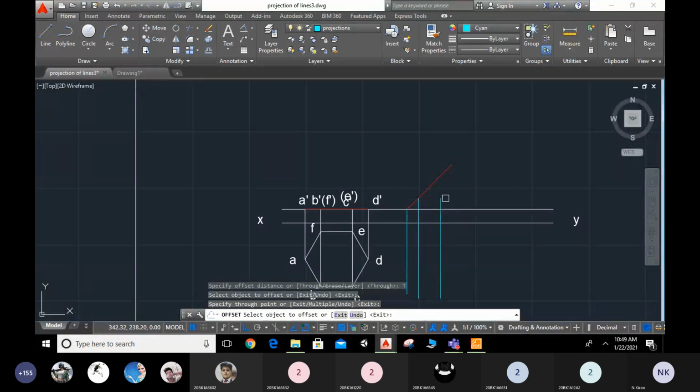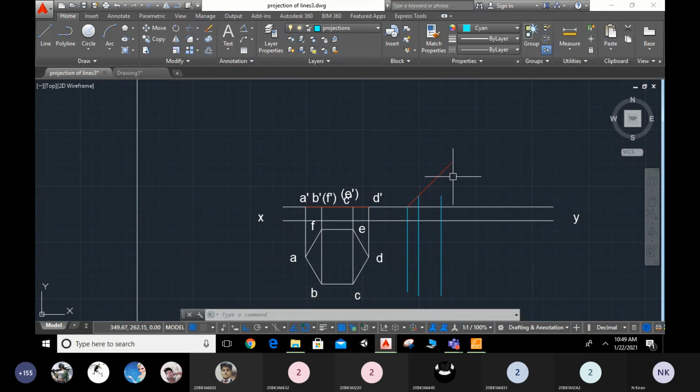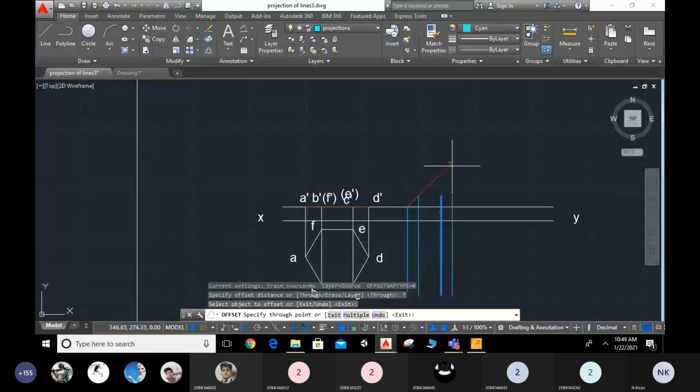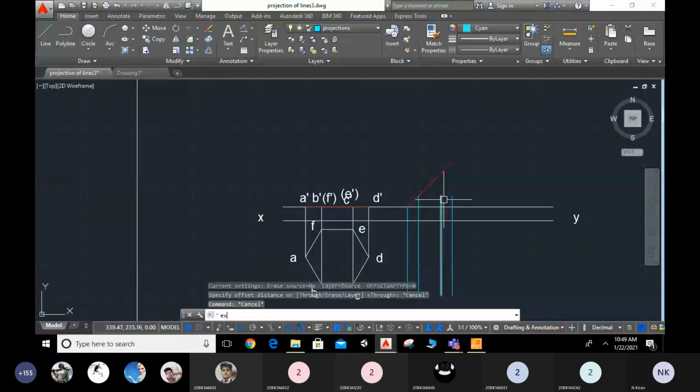Yeah, it's not taking. Why? Something happened. Okay, as this line is, it will take that much only. Again, I will try the extend command. By using the extend command, I will extend. Again offset. Offset command gone. O enter and through, I will select this object and at the endpoint. So I will extend, EX double enter now. It's not working. Again EX double enter. Now I will extend this one.